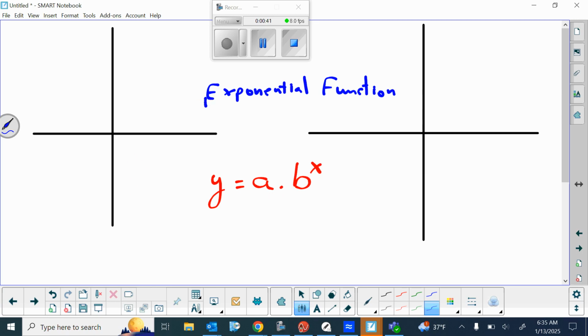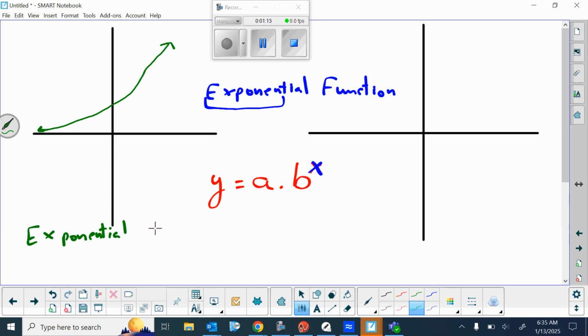Now, exponential, like you see the word exponent, so your x, your variable, would be as an exponent. So y equals a times b to the x power. Now, we have two types of exponential. The first one we call exponential growth. Growth is when your y values increase. It looks like an arc, like this. So in this case, we have exponential growth,